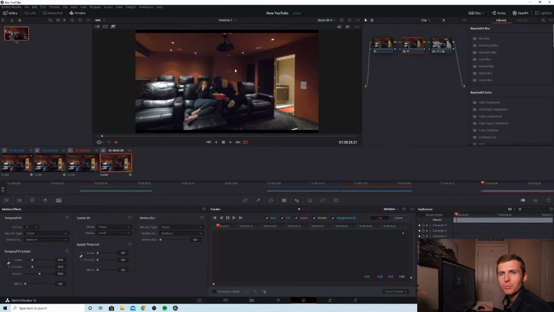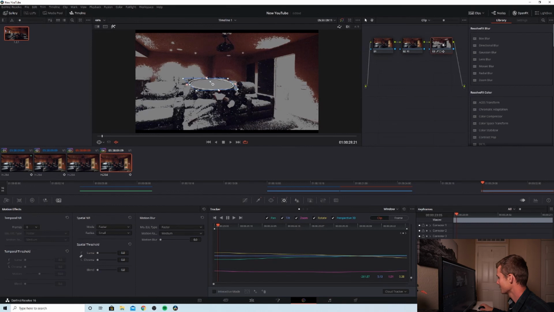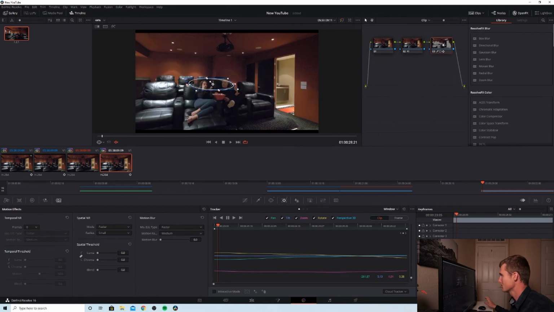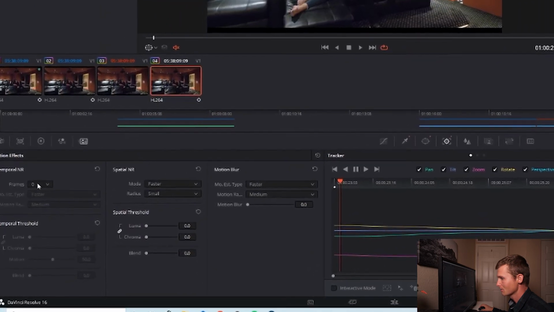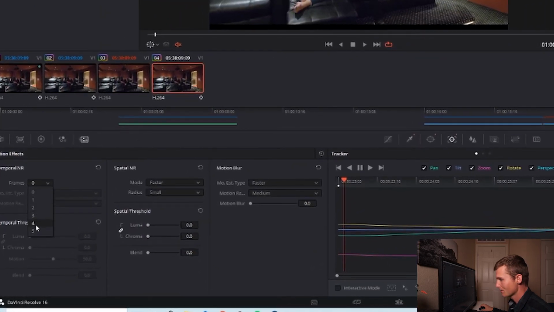Okay, so now we're going to apply some heavy noise reduction to the darks in this image. So I'm going to click on node 3, and let's hit Shift H so we can see the whole image. And then I'll come back down to my temporal noise reduction, and this time I'm going to set it to 5. Now again, if you don't have a beefy, fast computer, keep it at 3, but I'm going to keep mine at 5. And then for the Luma and the Chroma, I am going to turn it all the way